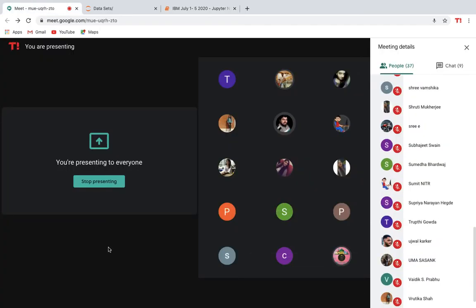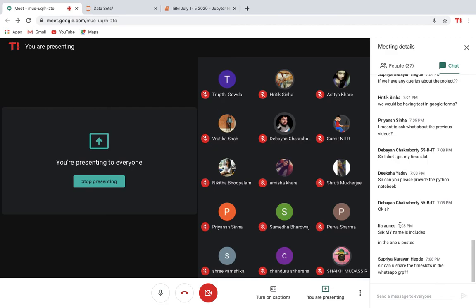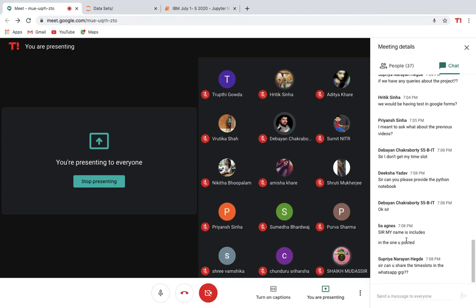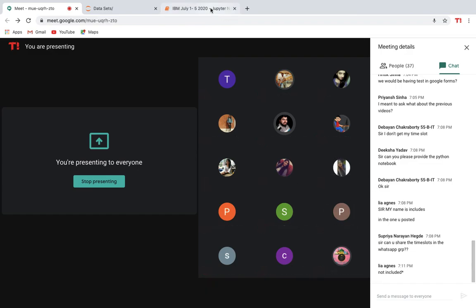Let me see if any values there for chats. Can you share the time slots? I have shared in the WhatsApp group, Supriya. My name is includes. My name is includes in the one you posted. I didn't see Via. If the name is not there, just okay, then give examination into 6 to 7 time